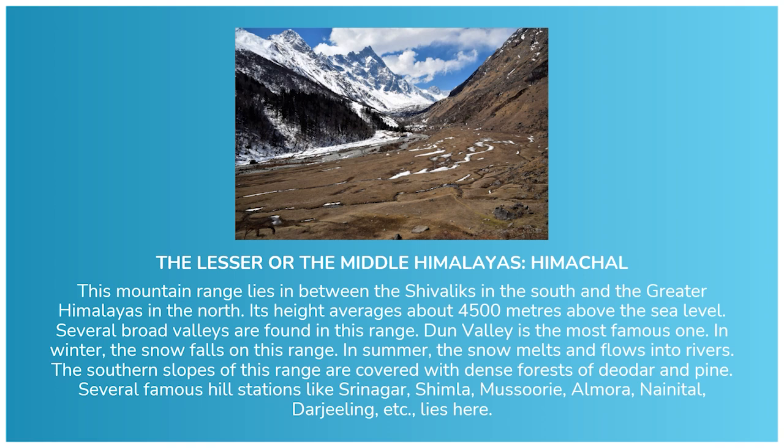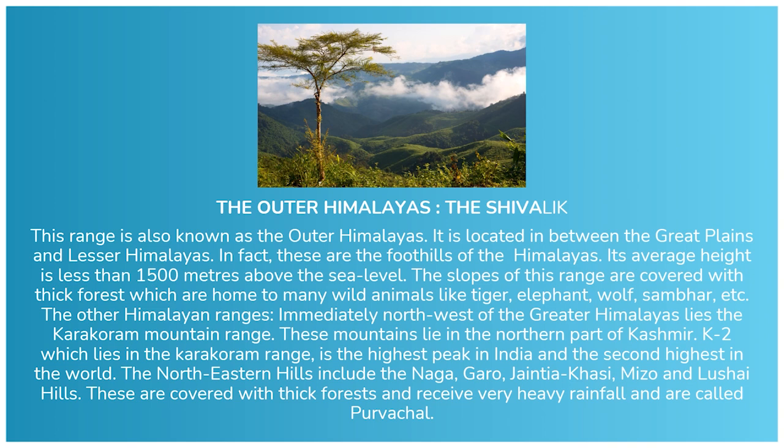lie here. The Outer Himalayas, the Shivalik. This range is also known as the Outer Himalayas. It is located in between the Great Plains and Lesser Himalayas. In fact, these are the foothills of the Himalayas. Its average height is less than 1,500 meters above the sea level. The slopes of this range are covered with thick forests which are home to many wild animals like tiger, elephant,